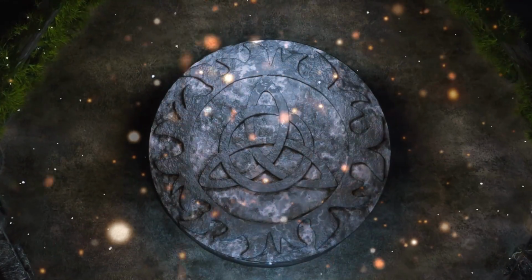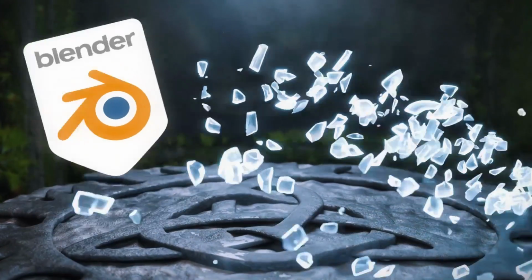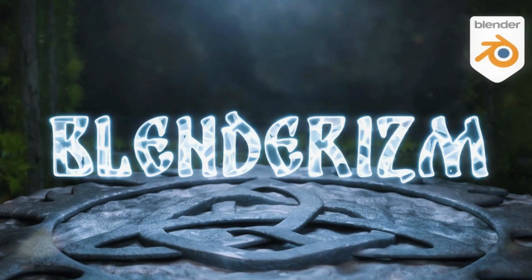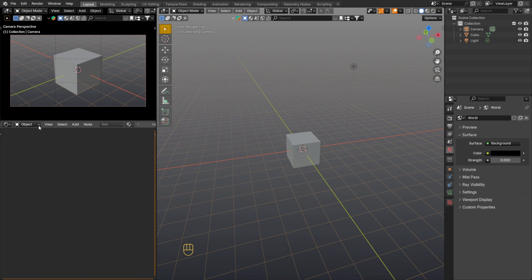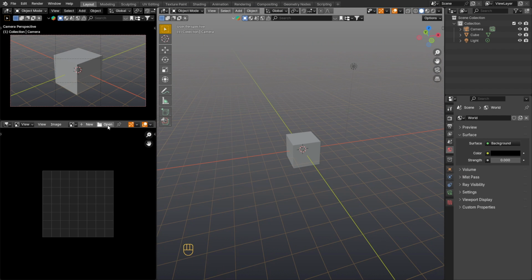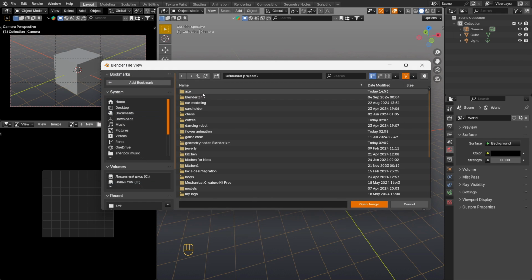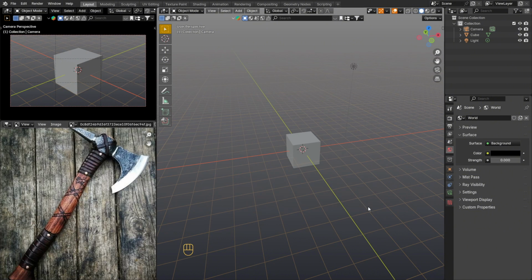Hello everyone, in this episode I want to show you step-by-step instructions on how to create a model of a Viking axe, create a UV map for it, and create textures for it in the Substance Painter program. As usual, I started my work by searching for a reference, and an image that I liked I found on the Pinterest website.